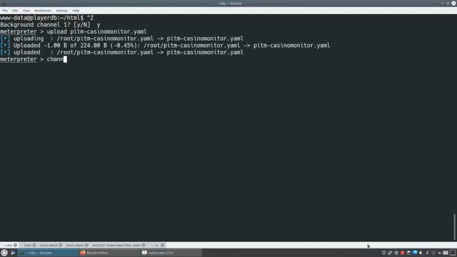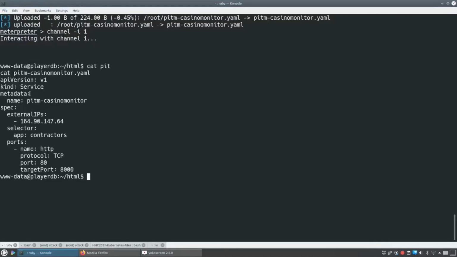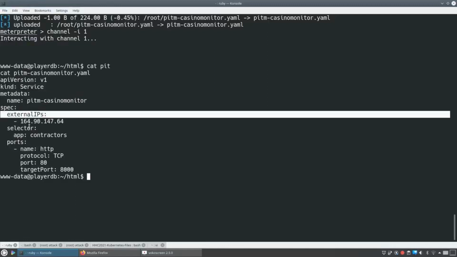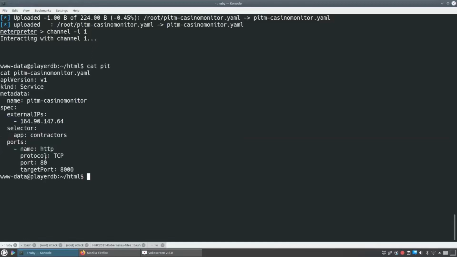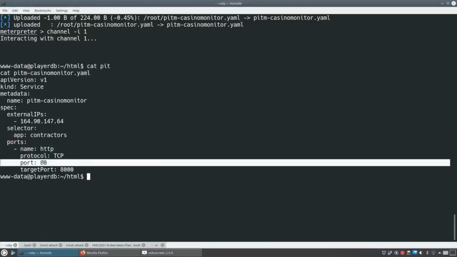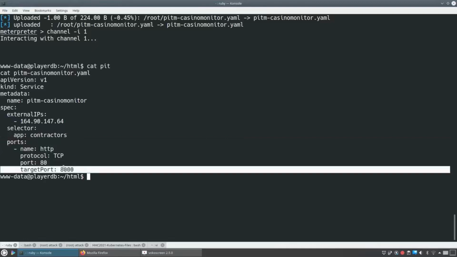I'm uploading it. I've built it already, and I'm going to show you that service. Here we go. So the service is kind Service. It's got a name. That name doesn't matter so much. What matters here is what's in the spec. So the external IPs, anything going to these IPs, and this is the IP address that the DNS name maps to, is going to instead be sent to pods in the cluster with app set to contractors, and it's going to be only for things that we're going to port 80 on that external IP, and they'll instead go to port